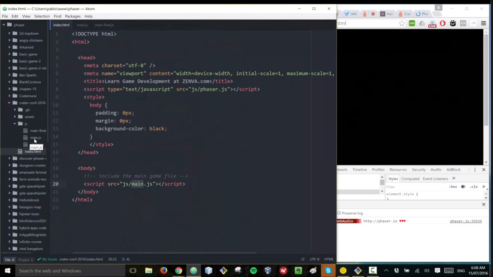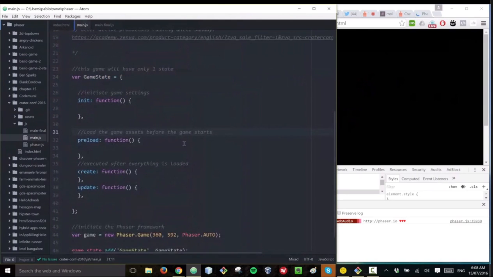This is just the simplest thing you can do. So then if we go to the JavaScript library itself,